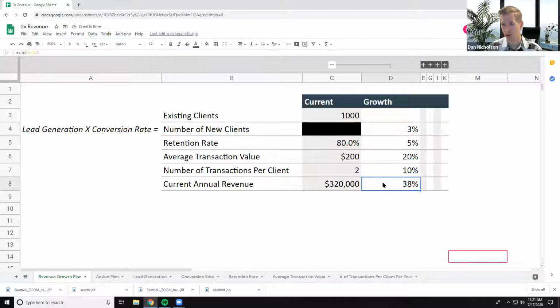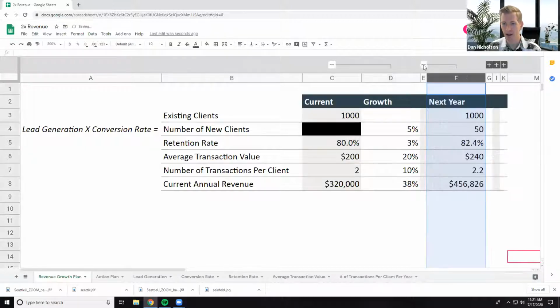This number down here just needs to be 38%. And so what happens is that next year, a year from now, we're going to add 50 clients. Our retention rate improved by 3%, not 3 percentage points, by 3%. Now we have an average transaction amount of $240, and the average number of transactions per client is 2.2. So now we're at